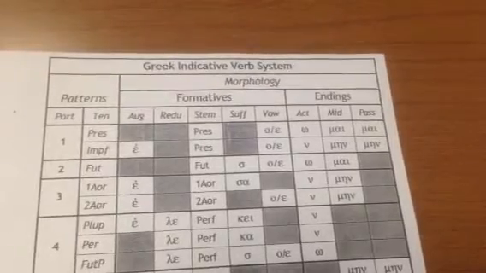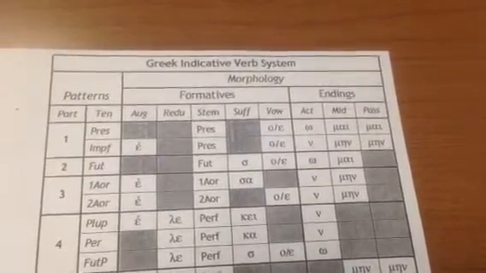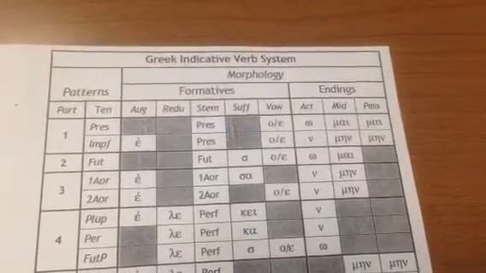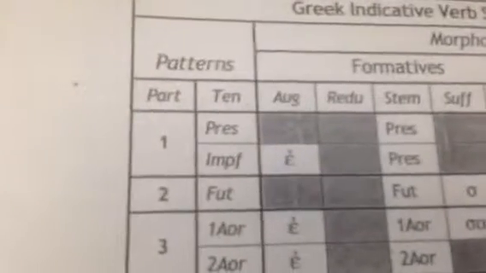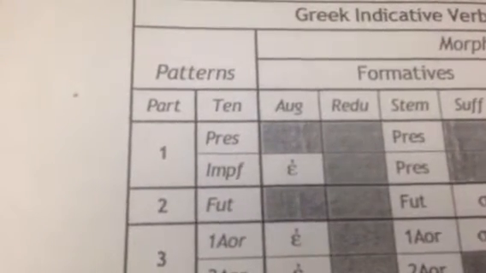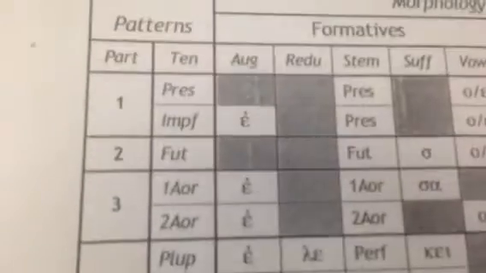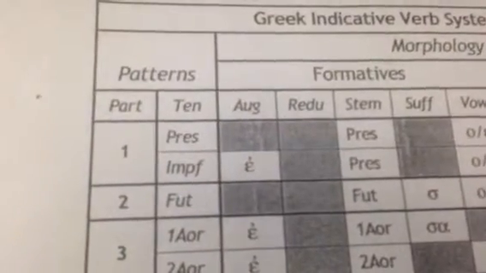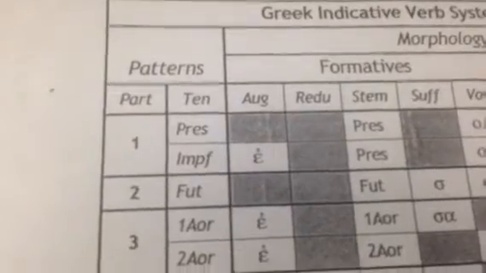In chapter 15 we continue our study of the verb system, the indicative verb system. We already have studied the first principal part in prior chapters by looking at the present tense and the imperfect tense. We will next work through the various principal parts 1 through 6. In chapter 15, in studying the future, we encounter principal part number 2.